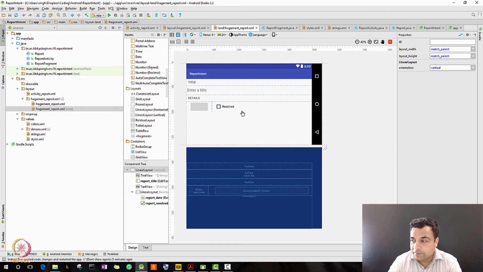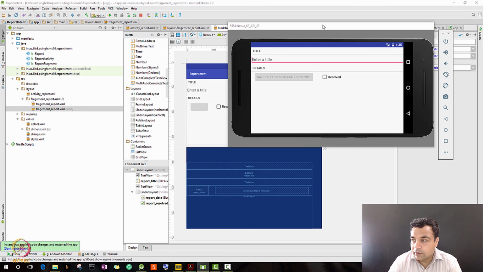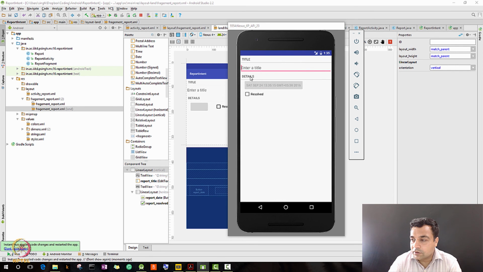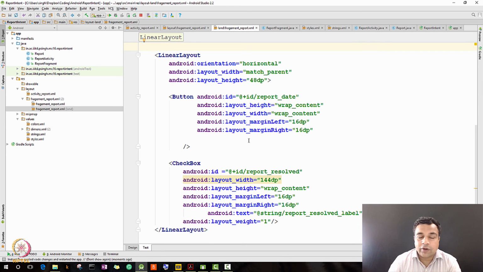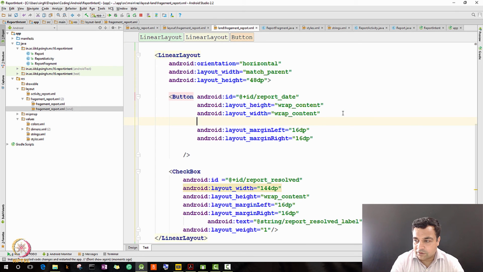So this we have done using only the design, and if we run the program, then our program should behave differently when it is rotated. So now see that in the rotation it is showing me the checkbox side by side, while in the portrait it is showing the button up and then down is the checkbox. Now let's also again see what we were doing earlier with the weight, and this is actually a very good opportunity,